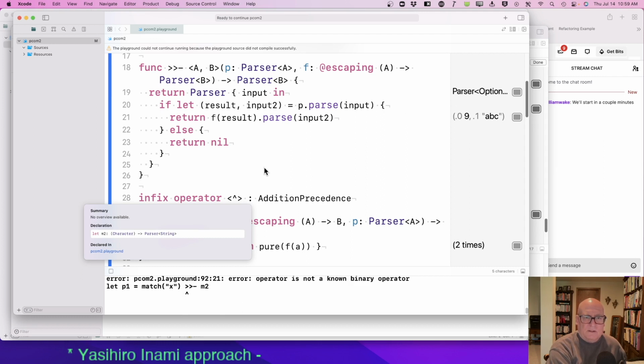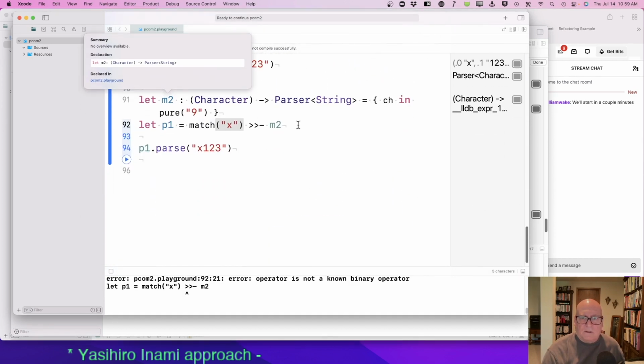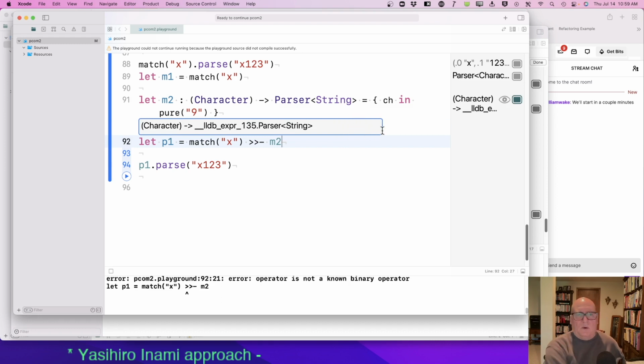The function is character to parser of string. I don't get the issue. That seems like it's matched to me. What does this say? Character to parser of string. Which is what we expect. Okay, it's a function.